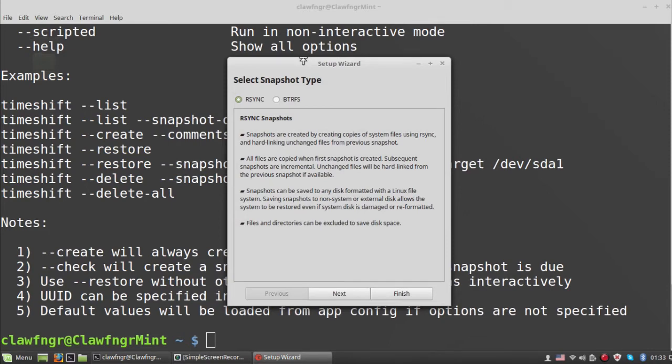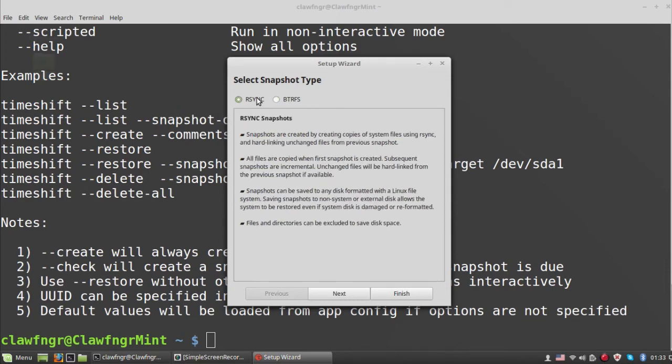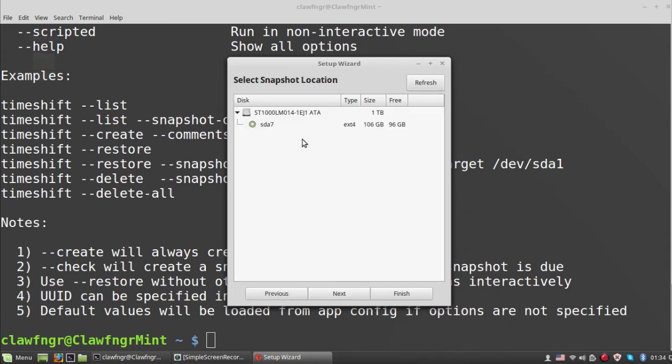On its first step, it will ask you to choose between two types of snapshots. All of the advantages and disadvantages are outlined in the text below, so you can go ahead and read it. I'm not gonna explain for the sake of keeping this short. In my case, I go with rsync snapshots, so I'm just gonna go next. I'm gonna choose my partition where to save it,